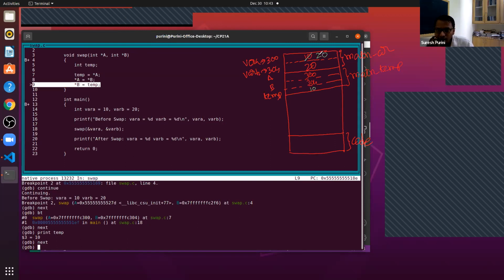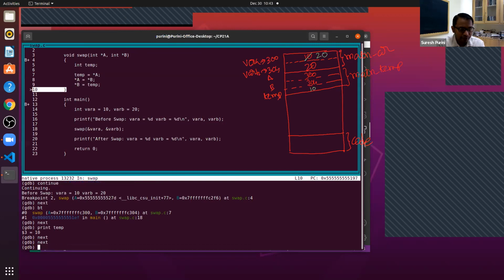Is it a valid thing to draw? We are not keeping track of temp, it is still there anyway. Okay, great. So now when we do next, temp is equal to star B. So temp contains 10. Star B refers to this location, this contains 10.